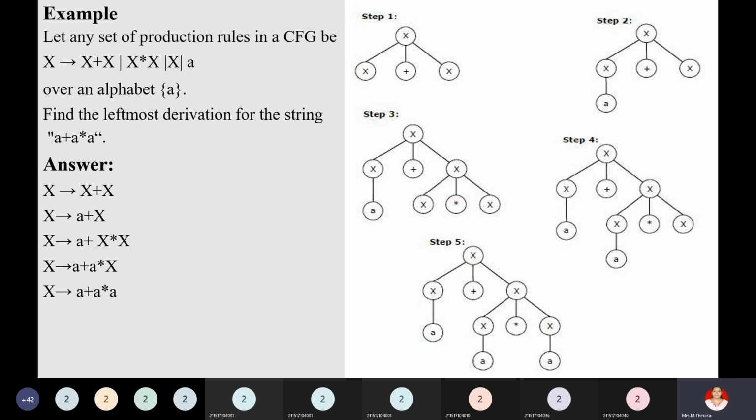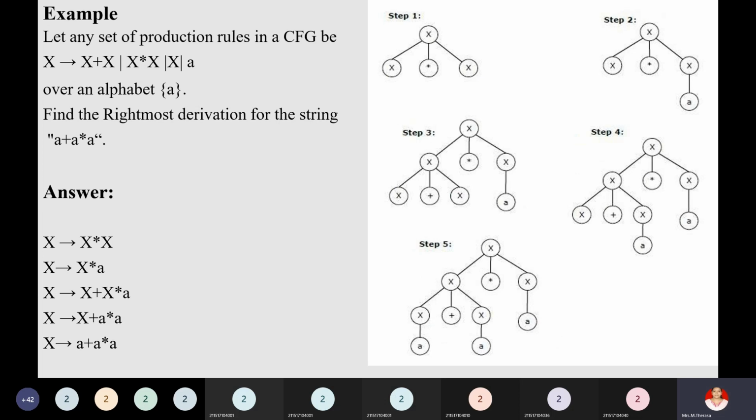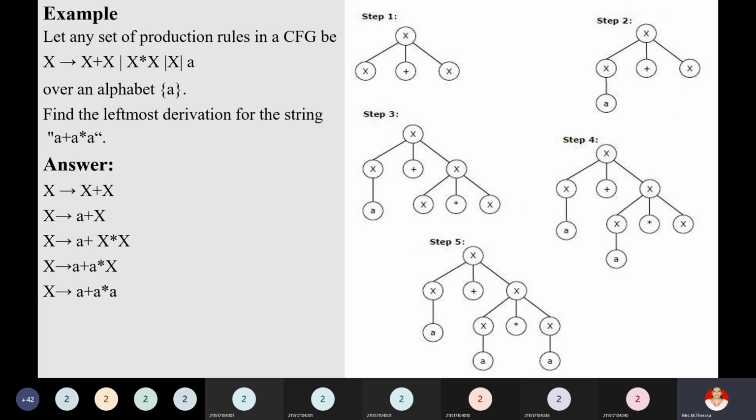First we have to start with this X tends to X plus X. Then look here, there are two non-terminals, the first X and the next X. If you choose the first X to replace by any one of its production rules, then it is called a leftmost derivation. So you need to choose the first X, then you need to replace it by